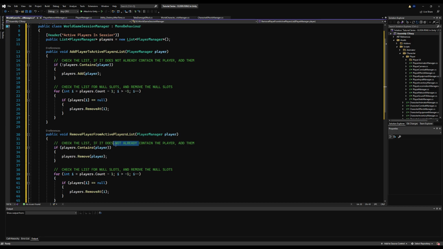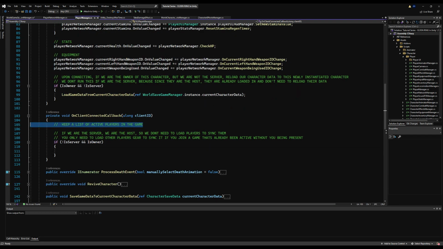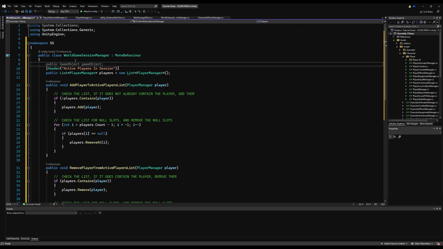I'm just going to edit the comments here so they reflect the actual function. Now what do we do? Well, we want to add every player to this list as soon as they connect. So let's go over to the player manager. And then right here where it says keep a list of active players in game,